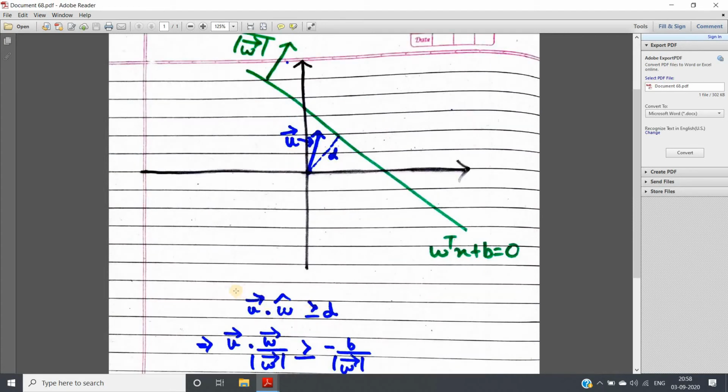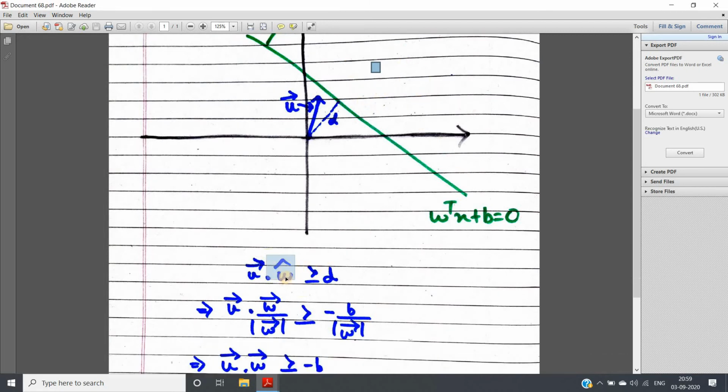So if a data point with position vector u vector has to belong to the positive class, this condition must be satisfied: u vector dot w cap greater than or equal to d. This projection of u vector along the perpendicular direction of the linear separator should be greater than or equal to d, which is the distance between the origin and the hyperplane. I hope you can understand. You take any point, you take the projection, and if the distance is more compared to this distance d, then obviously that point has to be placed here, above the linear separator.